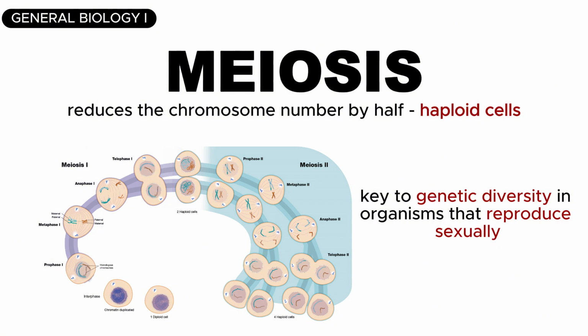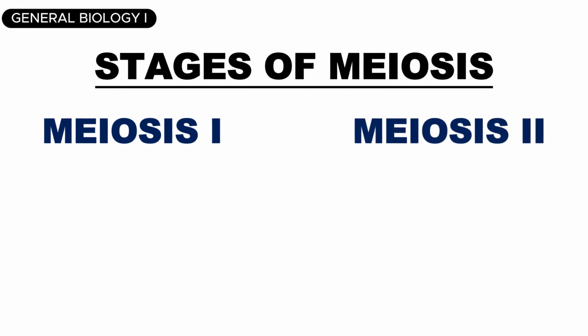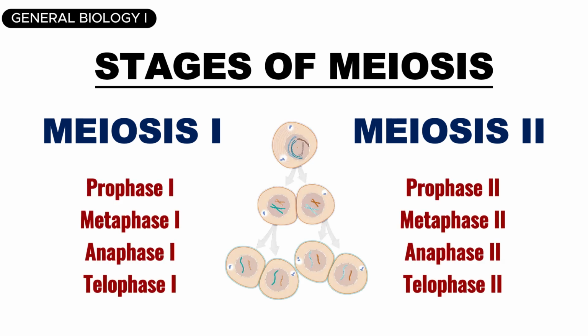In this video, we'll break down the stages of meiosis, providing insights into how it ensures that offspring have a unique combination of genes. Meiosis consists of two sequential divisions, meiosis 1 and meiosis 2. Each of these divisions has its own distinct stages: prophase, metaphase, anaphase, and telophase. Together, they transform a single diploid cell into four haploid cells, each with half the number of chromosomes of the